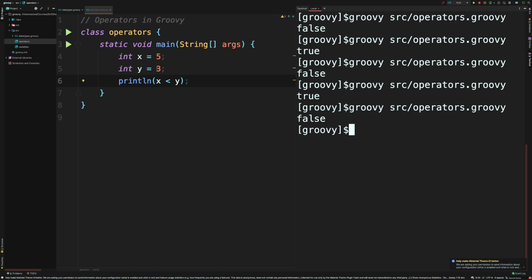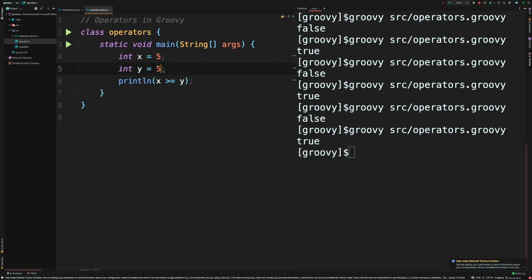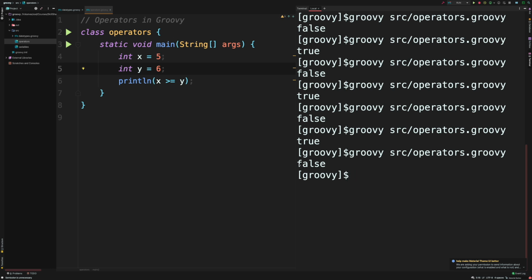Now let's just say x is 5, and I want to check whether x is equal to or greater than y. So what we can do here is add this equal to operator and then a greater than operator. Okay, I think it has to come like this. Okay, greater than equal to. I'm going to run the code, and that returns true because 5 is equal to 5. And if I change that to 6, and I run it, now I get to see false.